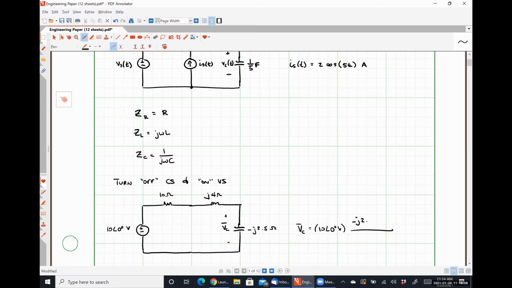So that's minus j2.5 ohms, divided by the total series impedance, which is going to be 10 plus j1.5 ohms. That's me combining the resistor, the impedance of the inductor, and the impedance of the capacitor into one single thing. And so this will give us